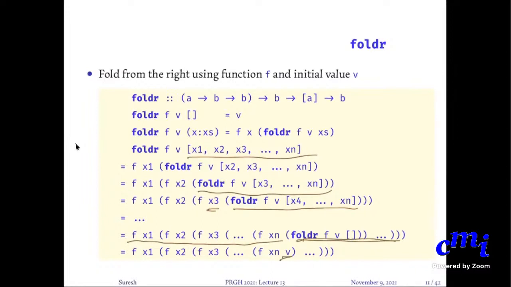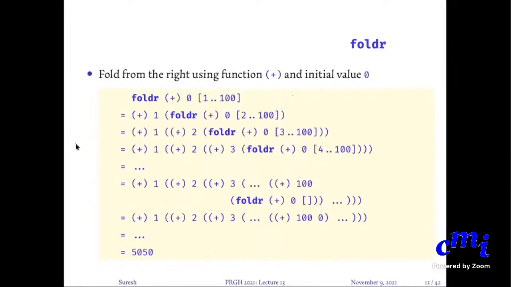So you might think that foldL, because it changes the accumulator, is likely to be better, but no, because remember, Haskell is lazy, and unless you're forced to do a computation, Haskell won't do it. So foldL will not have the accumulator as a value, but it will have the accumulator as an expression. Here is an example for foldR. If you do it with plus and 0 as the initial value, finally you will have an expression like this, which will then be converted to your 50-50 after some number of steps.